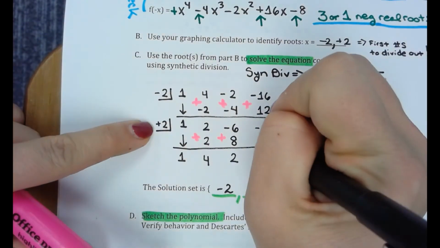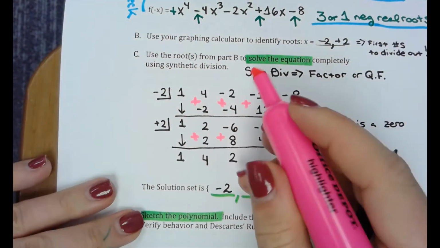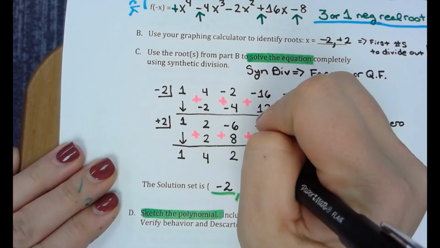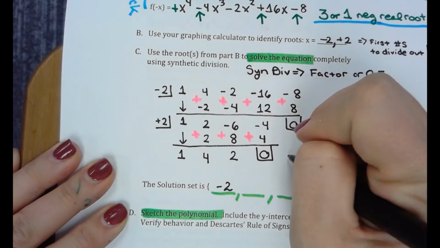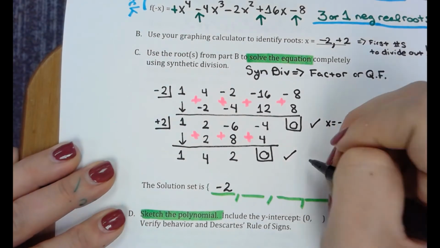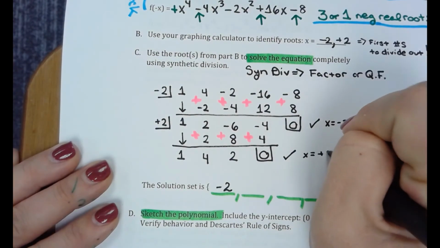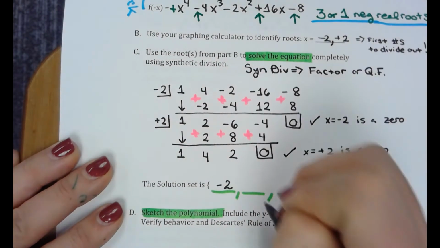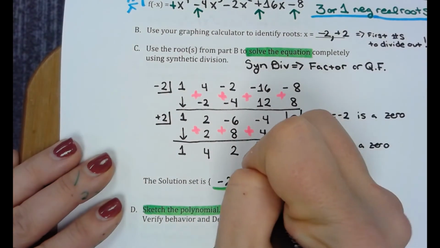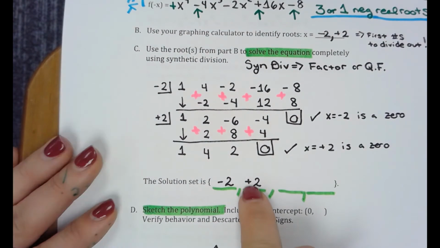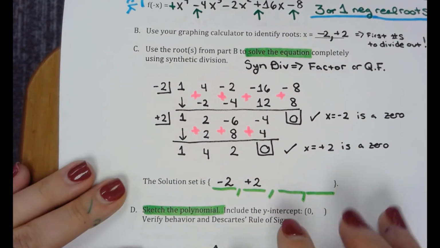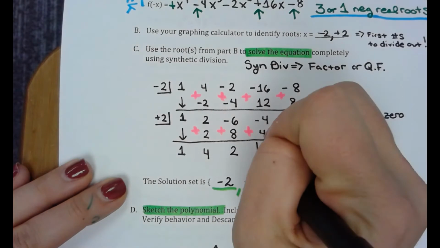Multiply, add straight down. And I am relieved to see that this is working out for us. Check, x equals positive 2 is a 0. So I'm going to go ahead and come down here and list positive 2. Of course, I do not have to write in positive, but I'm just doing that so we can really see it. Okay, at this point, I am left with a remainder,